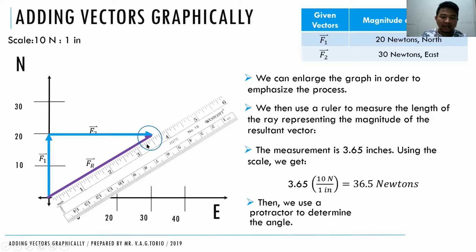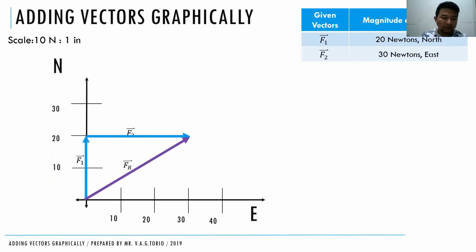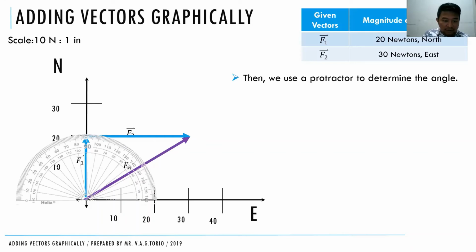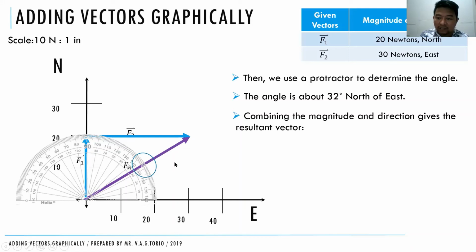As to the direction, we can use a protractor. Again, we look at the resized version of our example. And using a protractor, you'd be able to see that the direction is about 32 degrees north of east. As to the direction, you can express direction